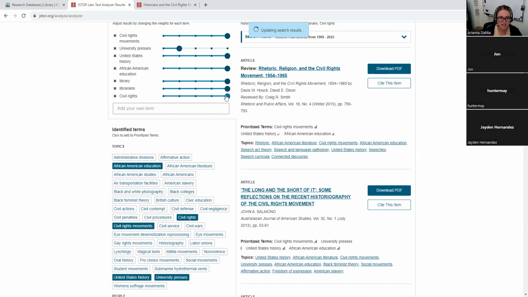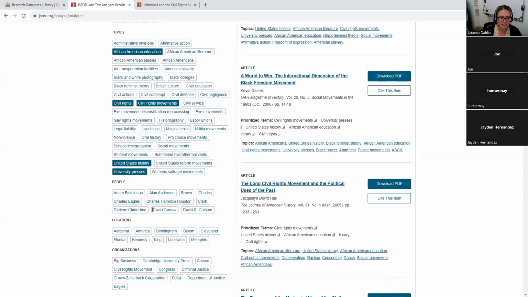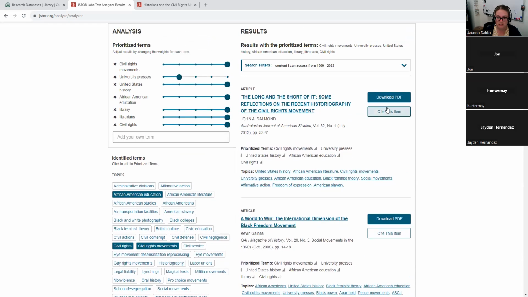that we can emphasize or de-emphasize depending on the scope of our research and what we want to find resources on, as well as see some big names in the field or who may have written about or been written about that you could add in as terms. You could add in locations if that's something that's relevant. You can add in organizations depending on what's coming up based on that initial article you started with. And then from here, we have all those same features of downloading the article, citing it, just clicking on the title to access the article directly,